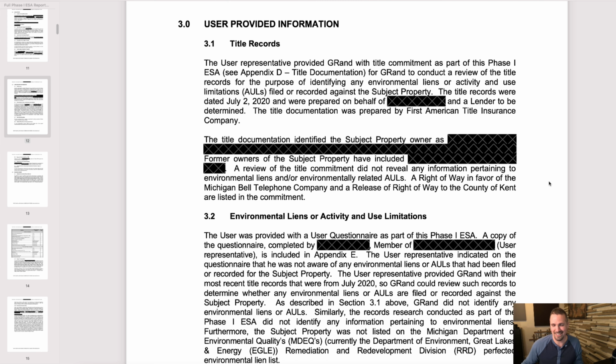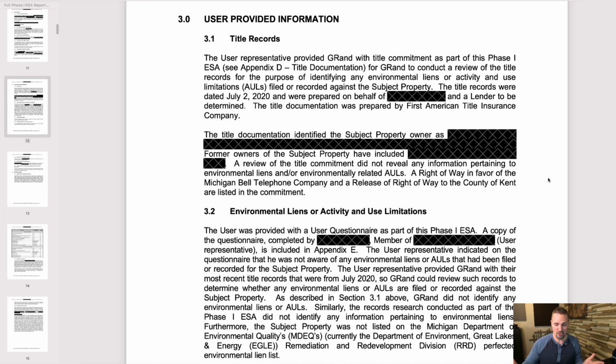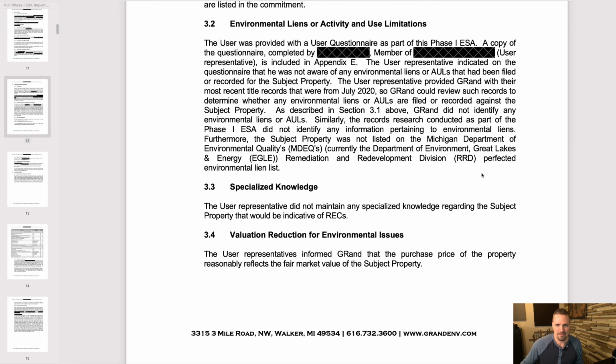One of those things was the title search or the title records. I basically gave them a copy of the preliminary title report, which doesn't provide a whole lot of information, but it does show if there's an easement or a lien on the property and that kind of thing. And really what they're looking for there is, are there any of those liens or easements or anything that would cause an environmental concern? Like, is there an oil and gas lease on the property where, who knows, maybe they drilled on the property at some point and that created an environmental issue. So if they do see that kind of stuff, then they'll dig a little bit deeper to find out what did happen there. So that's kind of what they're looking for there. It also explains some of the limitations, things that they can't really research.